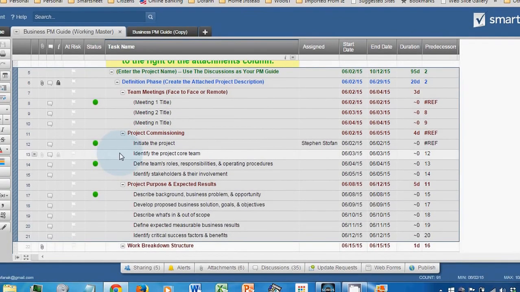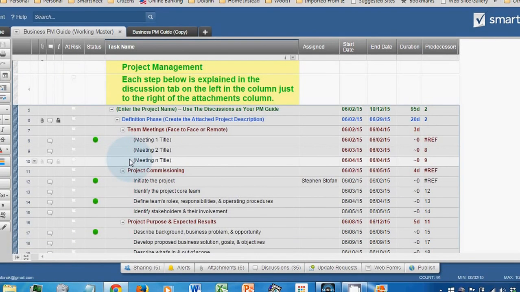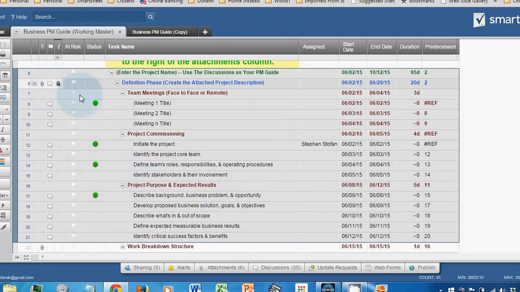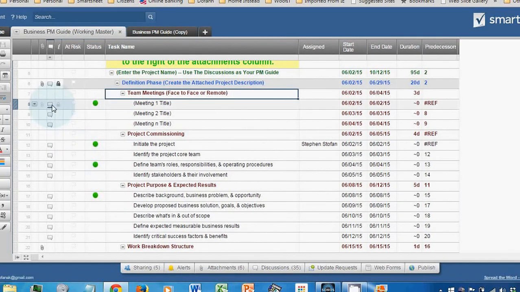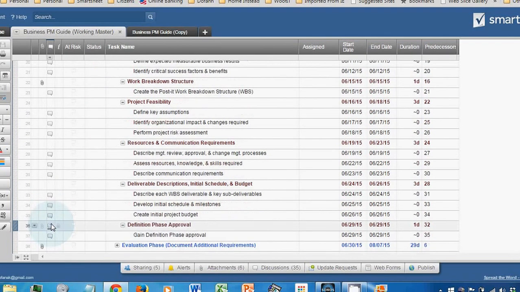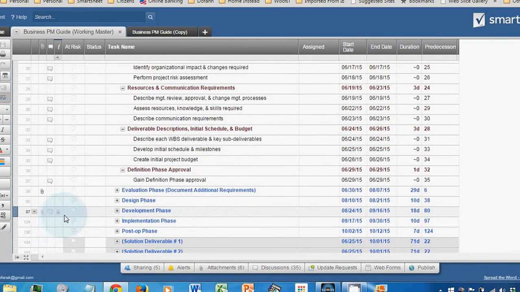I'm going to close that, and all of the rest of the items, notice the list of discussions on each one. Each step would have guidance, etc. going forward, including each one of the other phases. Okay, so now we'll stop this,